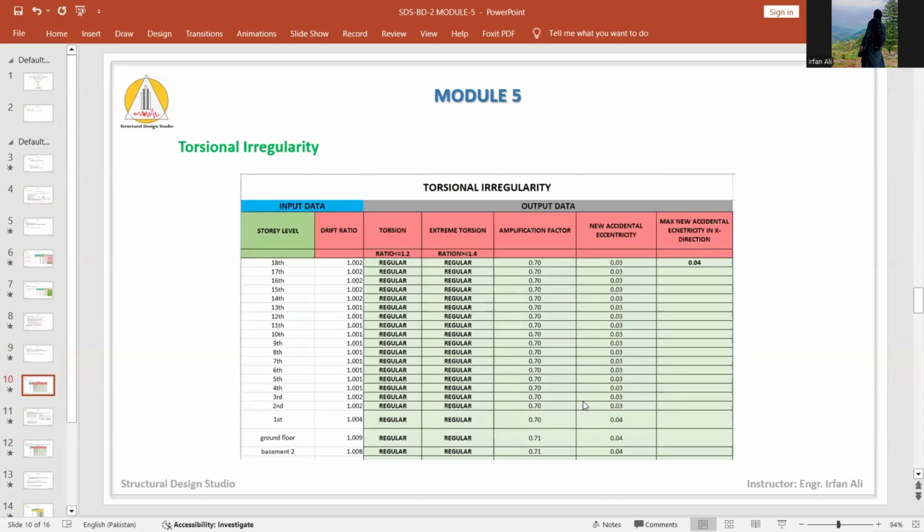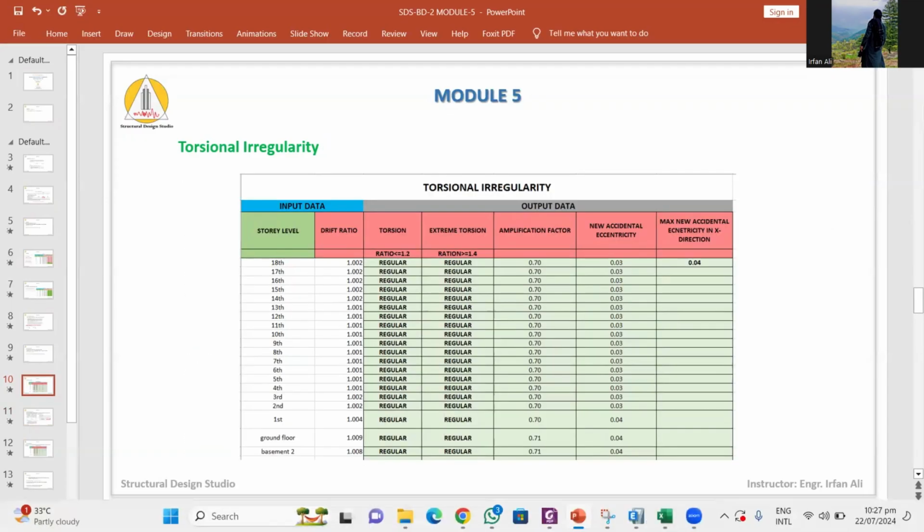We will add these values. So let us check the torsion irregularity. I have added in the Excel sheet that this is the story level, this is the drift ratio, which is actually the drift of the diaphragm, and this is the torsion ratio, less than 1.2, or greater than or equal to 1.2, and when the ratio is greater than or equal to 1.4. And this is the amplification factor, and this is the new accidental eccentricity, and this is the maximum. We will talk about that. Let us go to ETABS